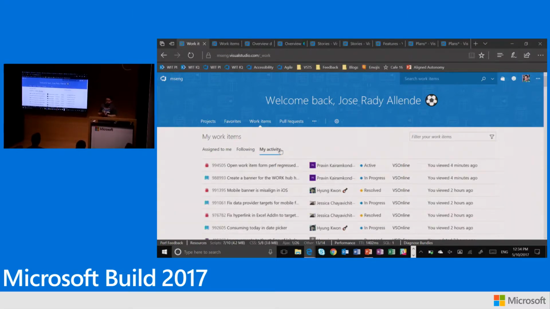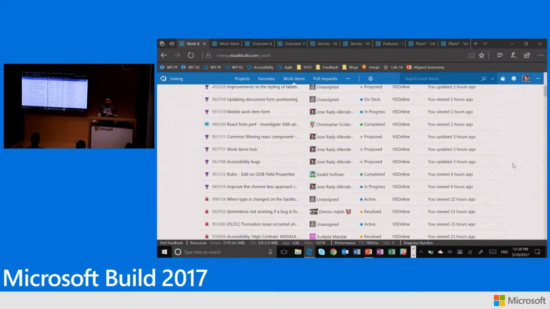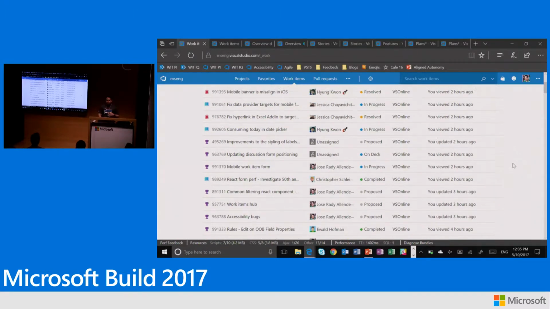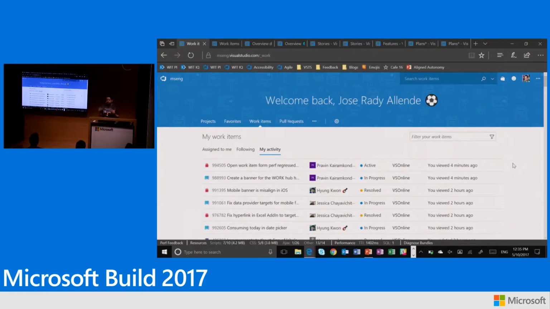And last, we have a page for my activity. I don't know if it happens to you guys or not. You can clearly see this is all my real information. I do a lot of checking features, checking user stories, checking bugs, and from time to time I have that aha moment where I know I've seen something related to this, but I cannot track it back easily. I just come to my activity page, I see what I've done in the last couple of weeks, and then I just find that item. So really, really about you.